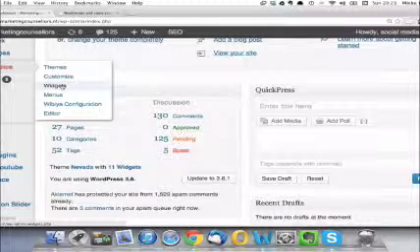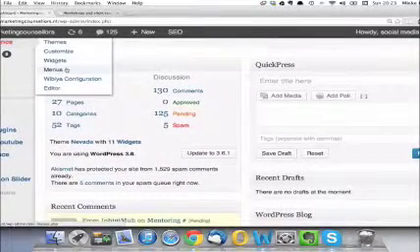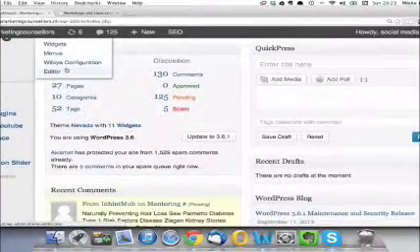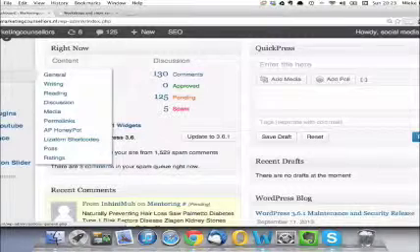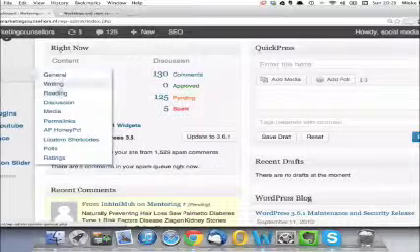I won't go into what widgets are, but they're like plugins, little extras that you can add to your website. And that's all you can find here. Another really important one is settings. That's one of the first things I go through with people in the course to get all the settings right. It's usually something you have to do when you set up, and you don't have to really look at anymore